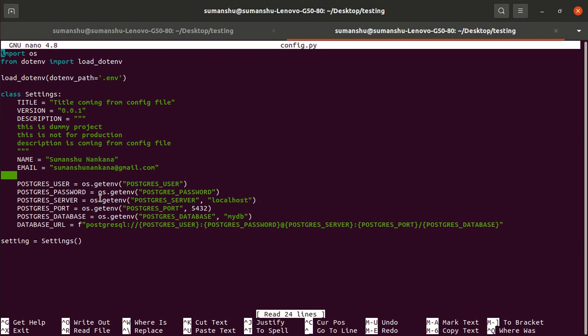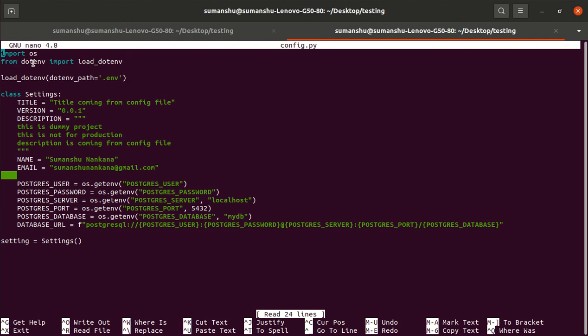We will read those environment variables using the os module, but using os.getenv we are generally able to read the system environment variables, but these are not system environment variables, these are defined in the .env file. So to make them system variables, we are using the dotenv module. From dotenv we are importing load_dotenv.